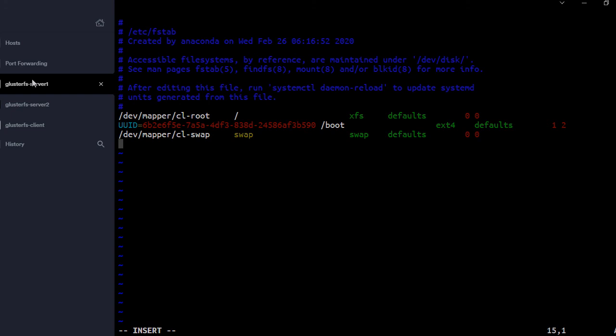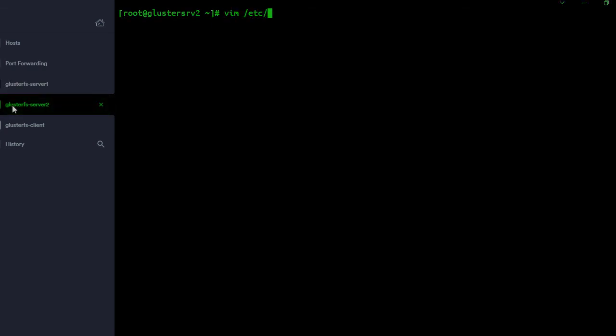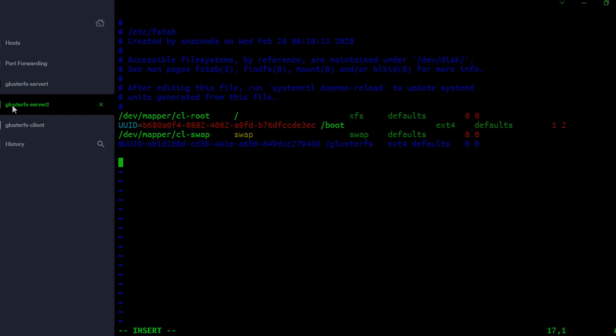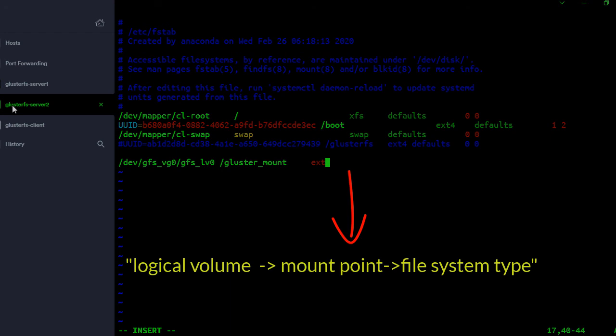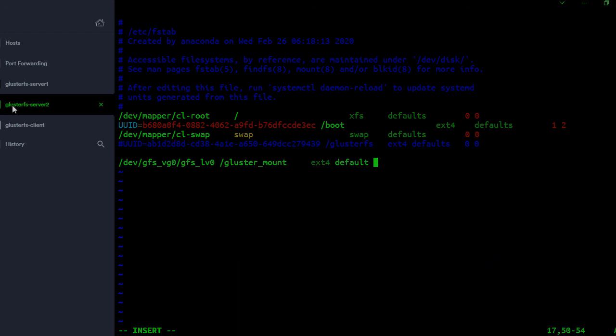At the bottom, I'll write /dev/GFS_VG0/GFS_LV0, the way to mount this: gluster_mount, the name of the file system is ext4, defaults 0 0. Likewise, /dev/GFS_VG0, the volume group name, GFS_LV0, the way to mount this: gluster_mount, ext4, the file system with which we formatted the logical volume, defaults 0 0.